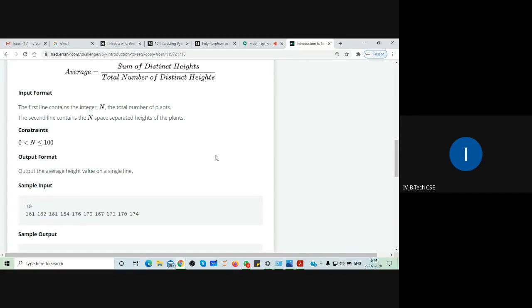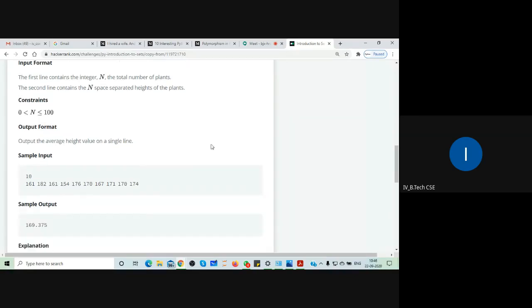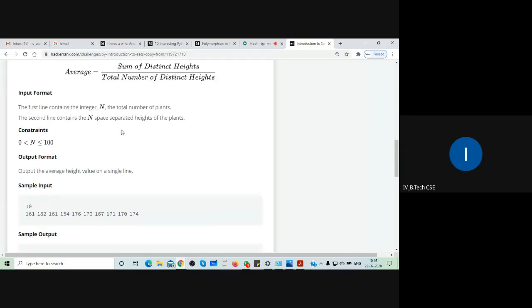In the input, the first line contains the total number of plants. The next line contains the heights of the plants.